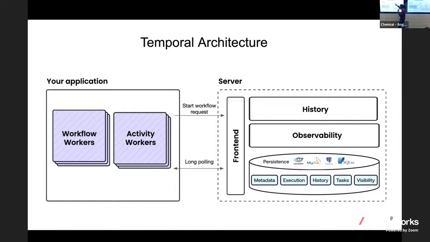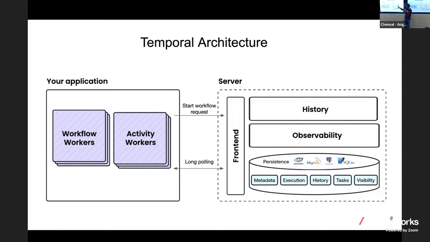be it the workflow or the activity, and you will have a separate deployment for a server, and they have something called a front end server, which basically interacts with the worker. So the worker-server interaction is handled by Temporal itself. Temporal has a lot of support. It has SDKs in Java, in Golang, in Python. So the communication between the worker, that is your application, and the Temporal server is taken care of by the SDKs. It uses gRPC internally to do the communication between the worker and the server. And it also provides a UI where you can actually see